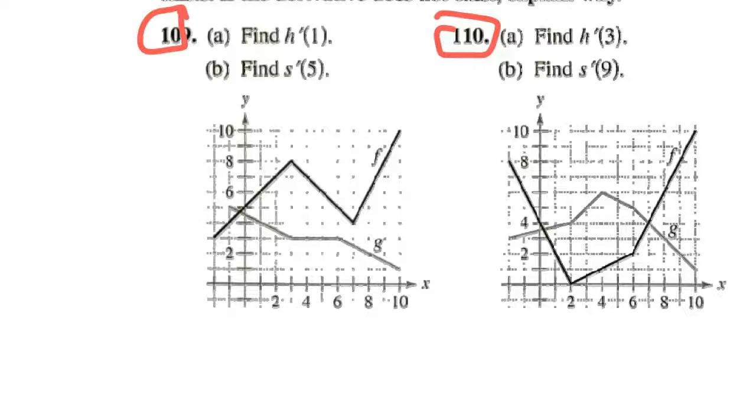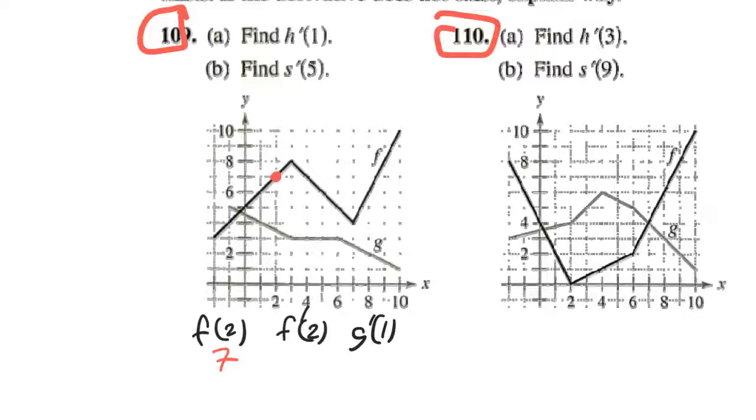So what's going to happen is you're going to be looking for certain values. For example, maybe you're going to need to know f of 2 and f prime of 2, right? Or g prime of 1. And what is it you do? Well, recall what f of 2 tells us is just the y value when x is equal to 2. And so all I've got to do is go to x equal 2, go up to my f function, and it's right there, right? So it would be that y value,